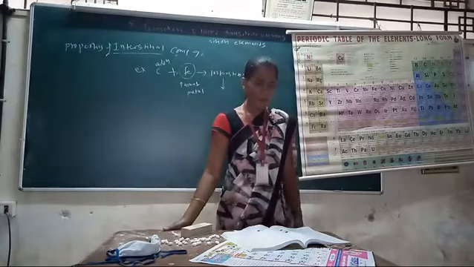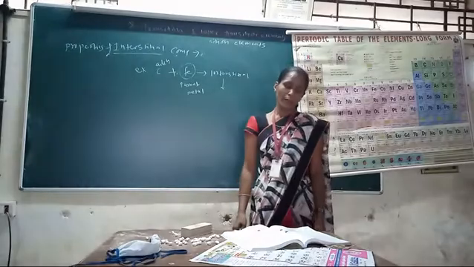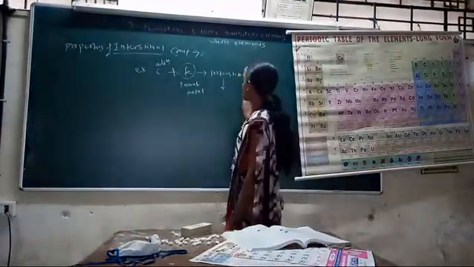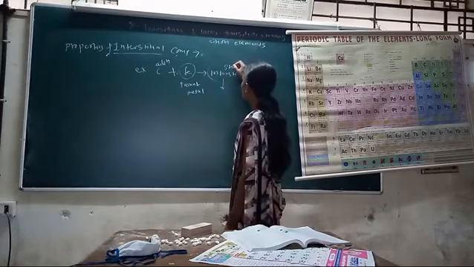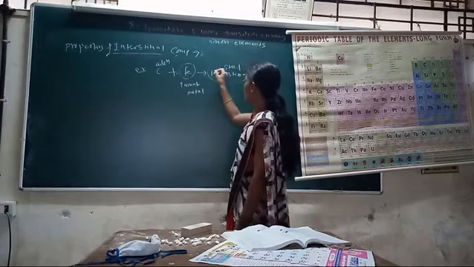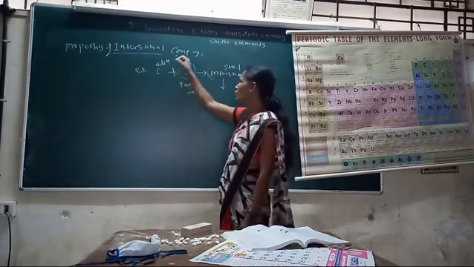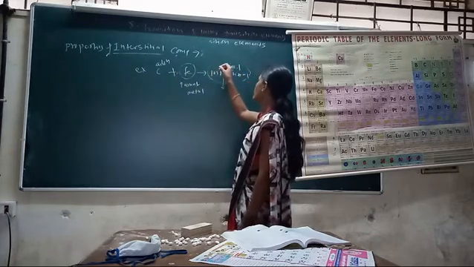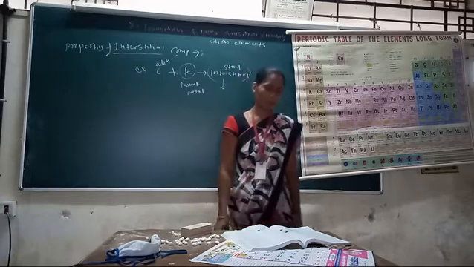Then the second property of interstitial compounds is that the chemical properties are similar to the parent metal. The interstitial compound is steel. For example, the chemical properties of the parent metal and of the interstitial compound formed after adding carbon to it, like steel, are the same. Fe and steel have the same chemical properties.